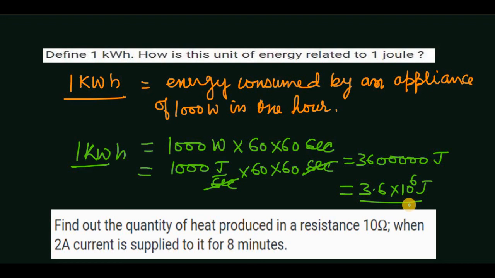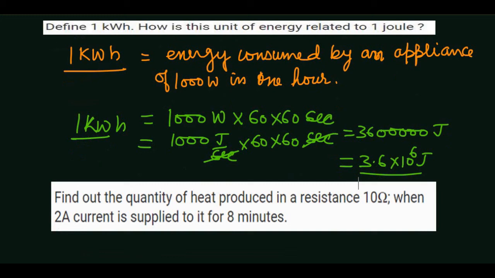So you can directly learn this. If you don't want to show the calculation, you can directly learn this value. Okay, 1 kilowatt hour is the commercial unit of energy consumed, and the value of that in joules is 3.6 into 10 power 6 joules. You can directly learn it, but you should know the calculation. जरूरत तो पड़ती, कभी कैलकुलेट करने को आ गया तो आपको कैलकुलेट भी करना पड़ेगा. ठीक है, now we move to the next.